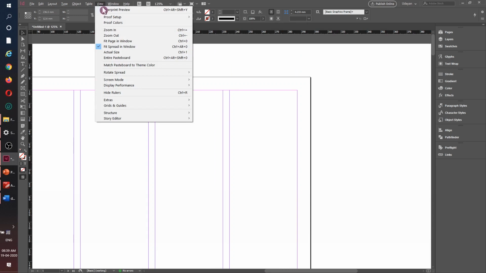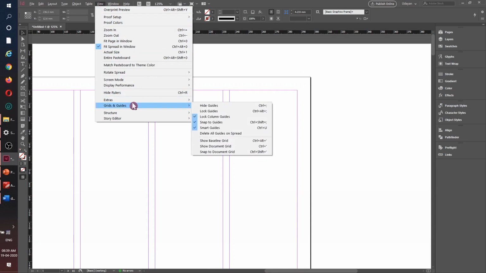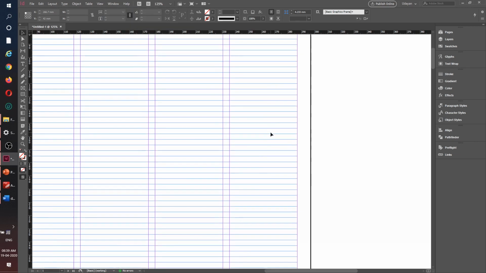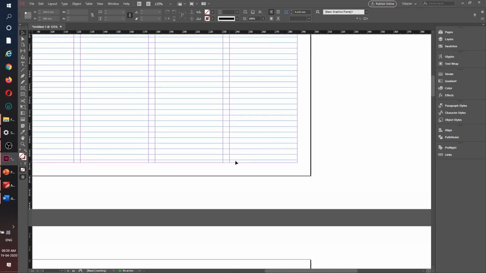So we go to view and we come down to grids and guides, and we will hit show baseline. Cool. So we are seeing the baseline, it's looking fine, but the last line is not matched. So here the trick I already told you before, also nothing new. I will just count for this one small number, it will be around 2 point something, like so, and I will see only the height value. So height value, as I said, 2.067.